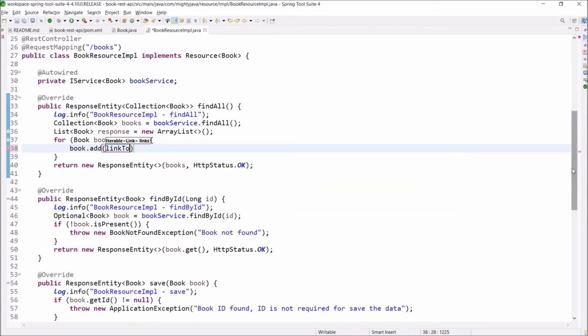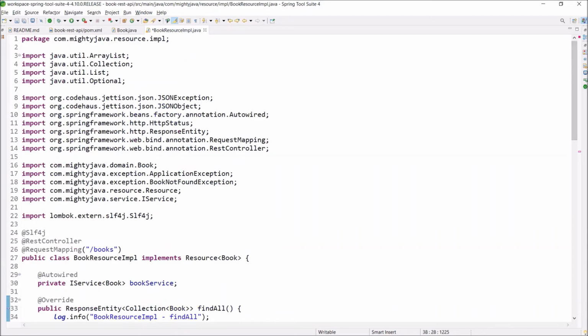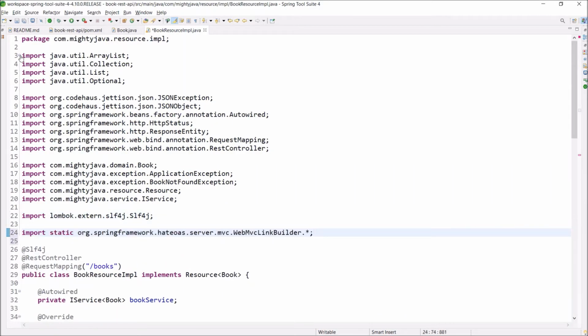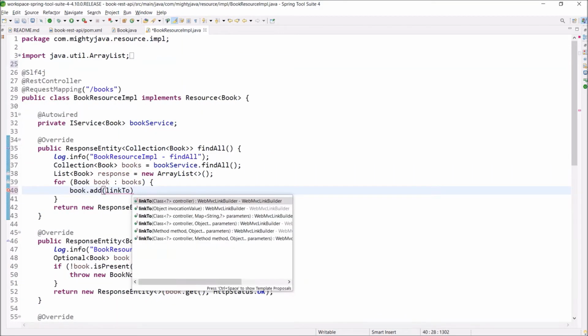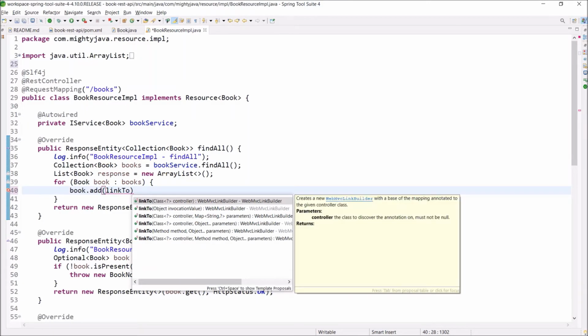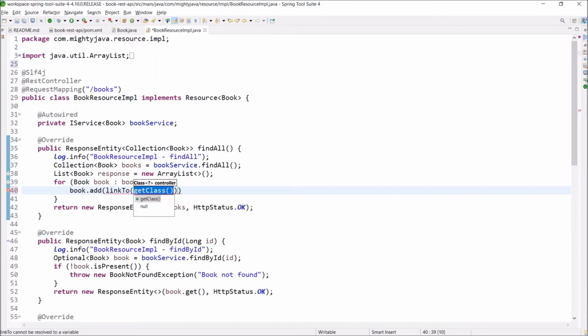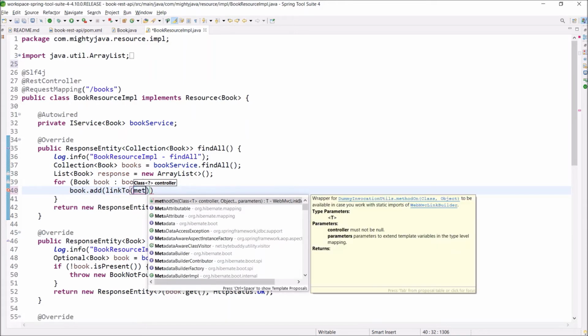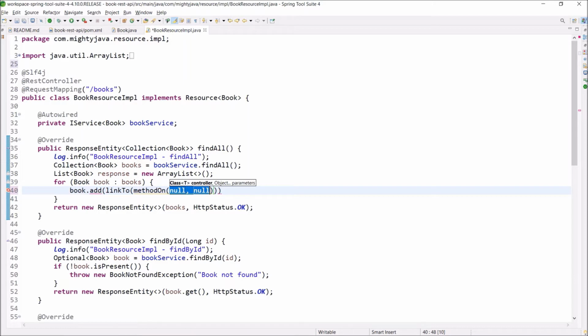linkTo is a static method, so we need to add a static import for WebMvcLinkBuilder. Now you can see the linkTo method details also coming. This linkTo method is expecting methodOn. So call methodOn, and instead of the default, let's pass BookResourceImpl.class.